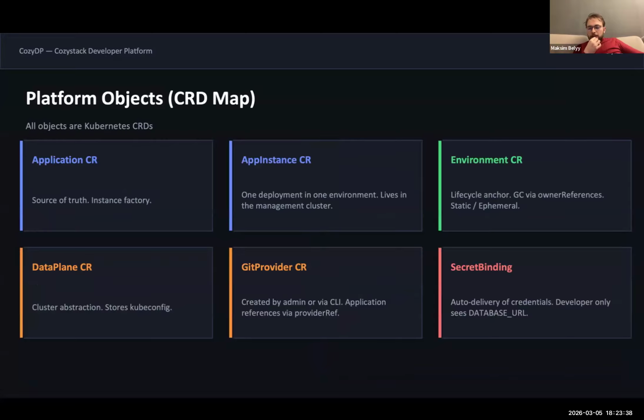When I design a developer platform, I see some custom resources or entities. The application custom resource is just a factory for creating your applications in environments.